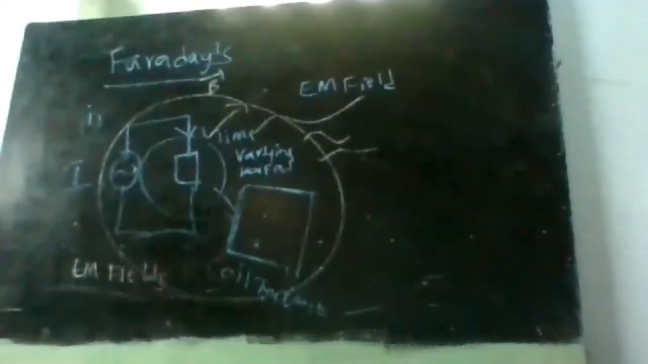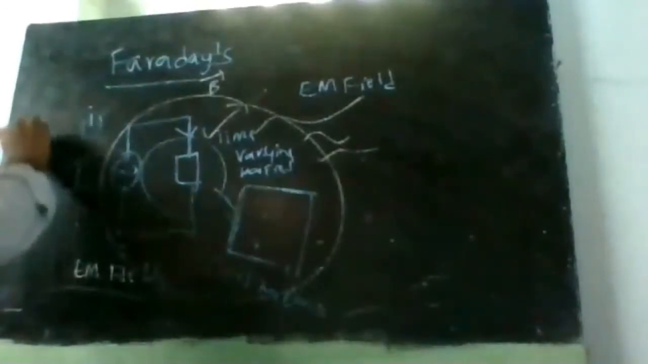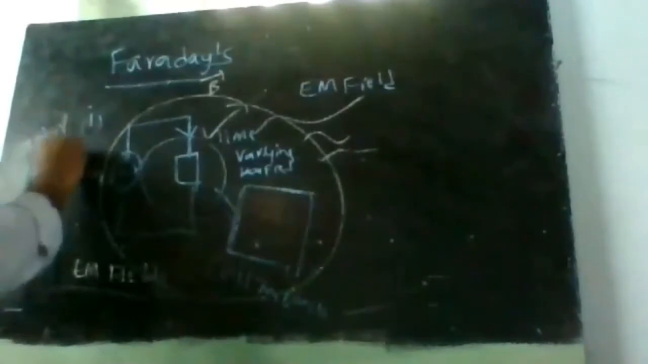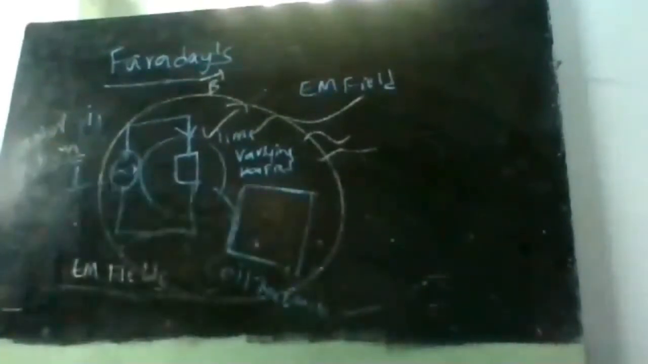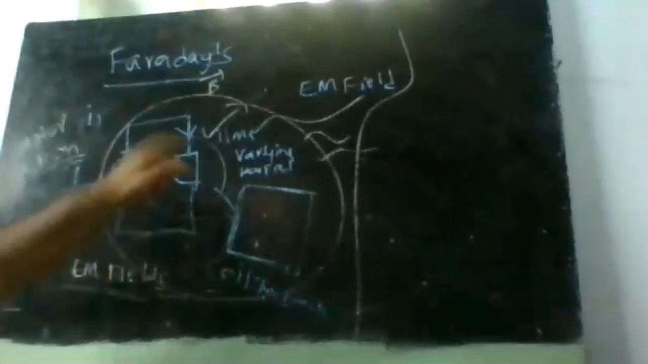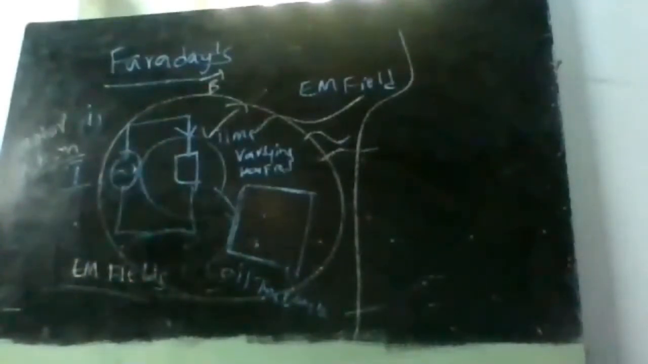So this is one way. This is called the motor action of EM wave generation. The second method is the generator action. Generator action, or the Lorentz equation, which I discussed yesterday. So here what we do is,